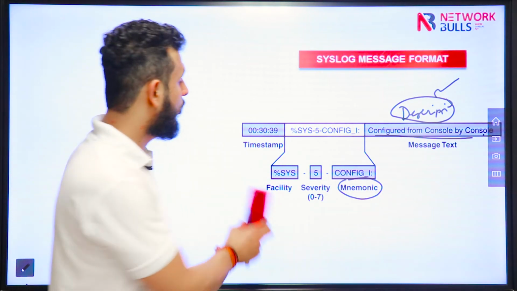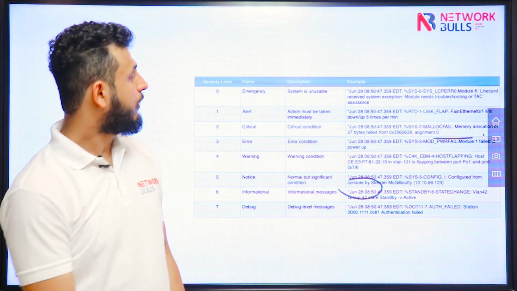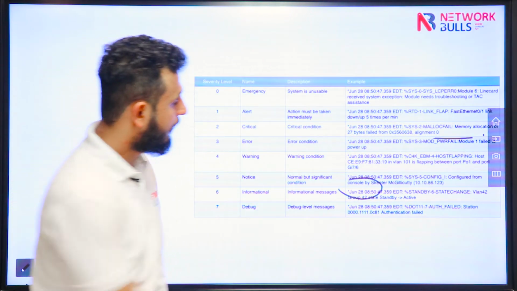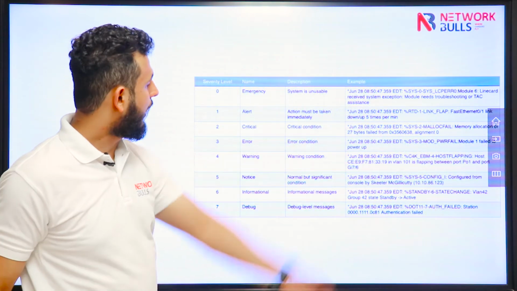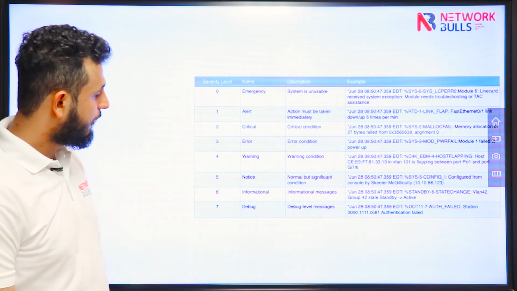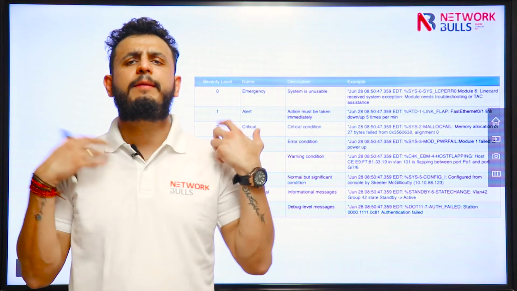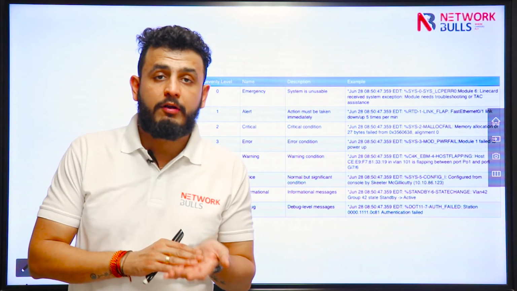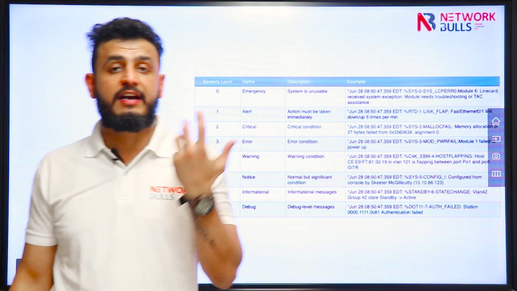Now let's discuss the different severities. You can see I have some examples of logs, and I have different severity levels. First of all, these severities are defined by the system. It is already predefined for which particular function which severity level logs will be generated by the system.